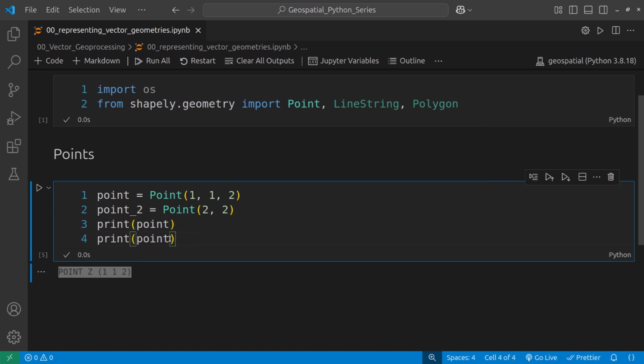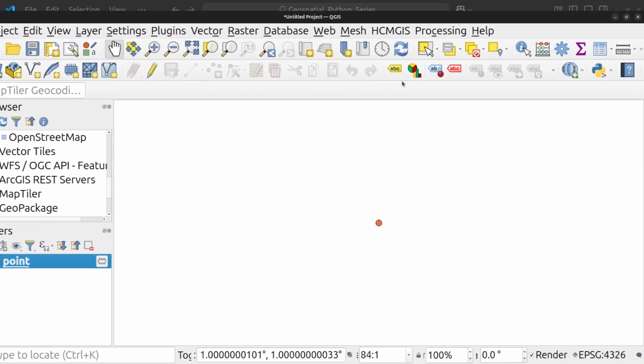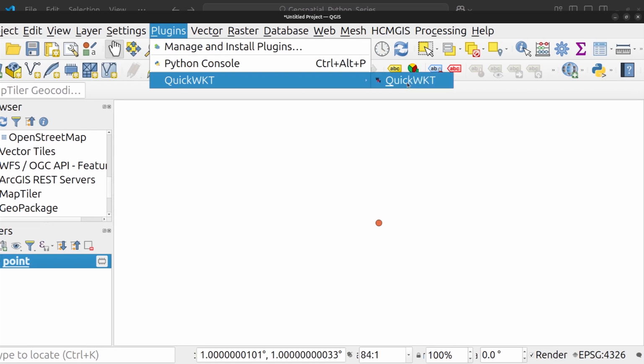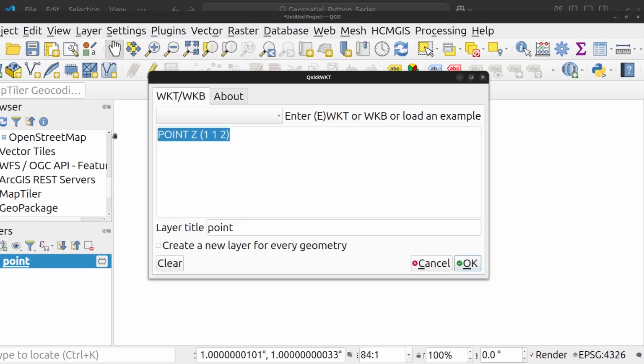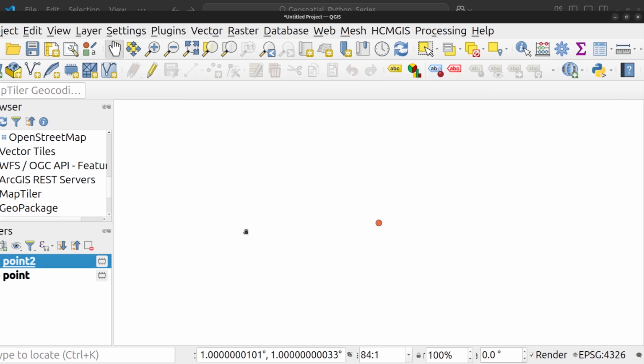So let me duplicate this one and print point 2. I'll get this point of 2, 2, copy it, come to QGIS, to my WKT, and then paste that one in here. Oh, I already know that it's 2, 2, so I can delete this one. Since my copy did not work, and I can make this one point 2, press return,